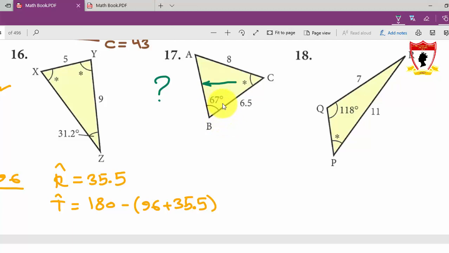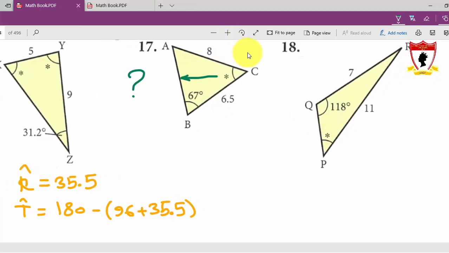The question doesn't ask for angle A, but we must find it. Then it will help us to find angle C, and then angle C helps us to find the opposite. Looks like a long story, but